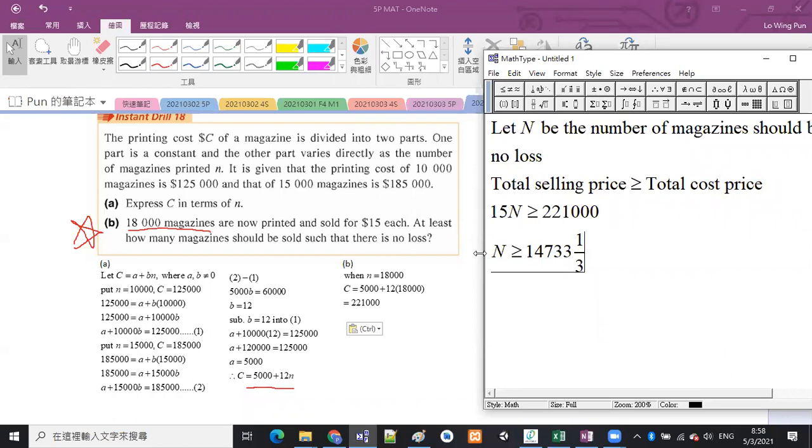So the question asks you at least, that is, what is the minimum number of magazines? If n is larger than or equal to this number, then therefore the least number of magazines should be